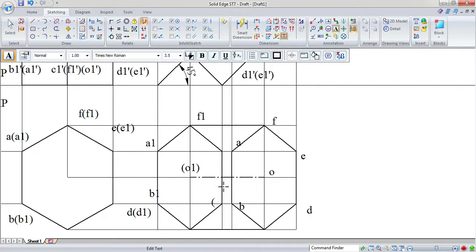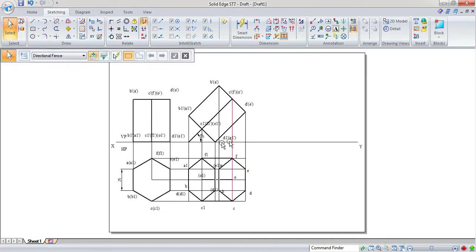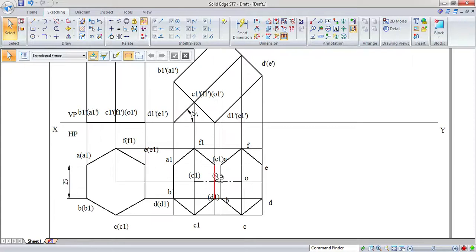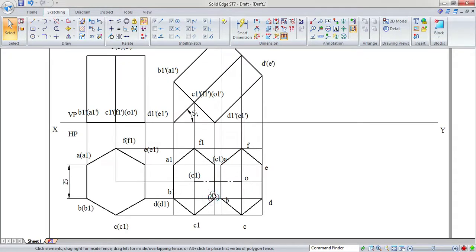So I'm just writing once again here, this is D1 and this will be E1. So this edge, that is D1 E1, is not visible when you are looking from the top, and also the edges which are connecting to E1 and D1 should be hidden.